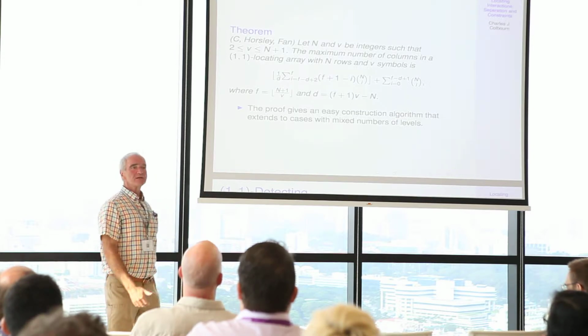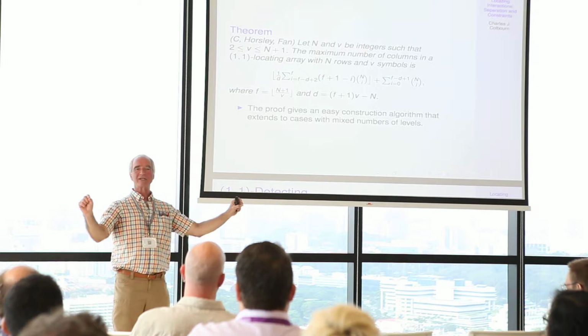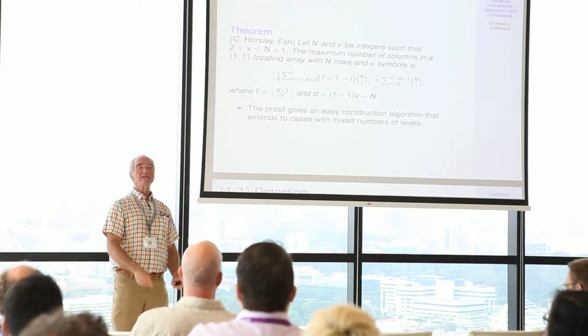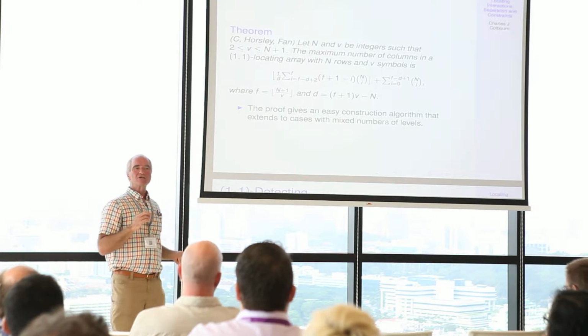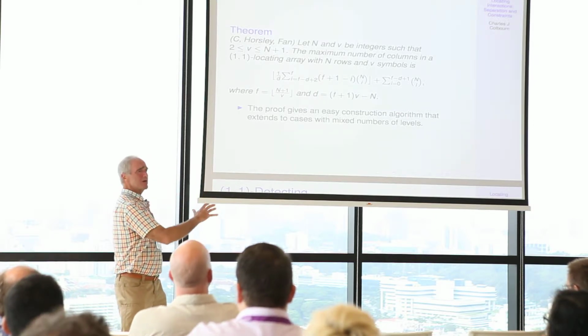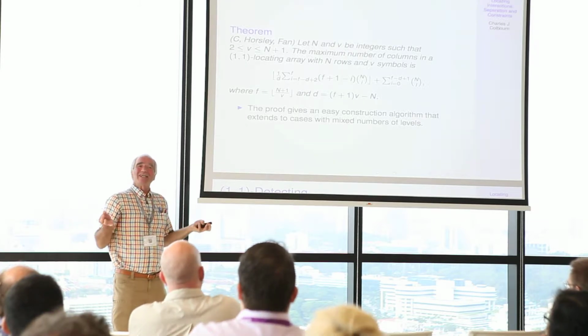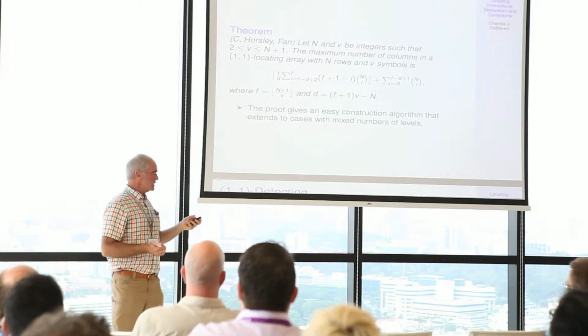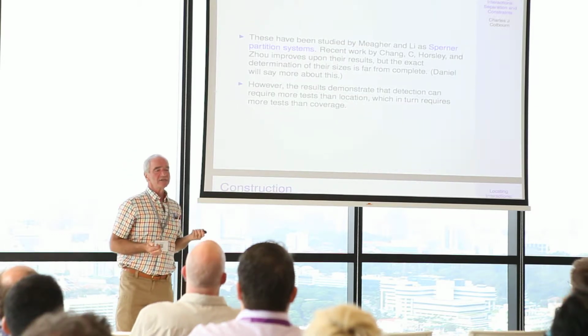This is the kind of result we would like to get for larger strengths, something that tells us explicitly, here's how big it is, here's how to construct it. The reason I wanted to show this to you is not so that you work through all the details, but so that you see what the target is, what we would like to be able to produce. Even when you go to detecting arrays,